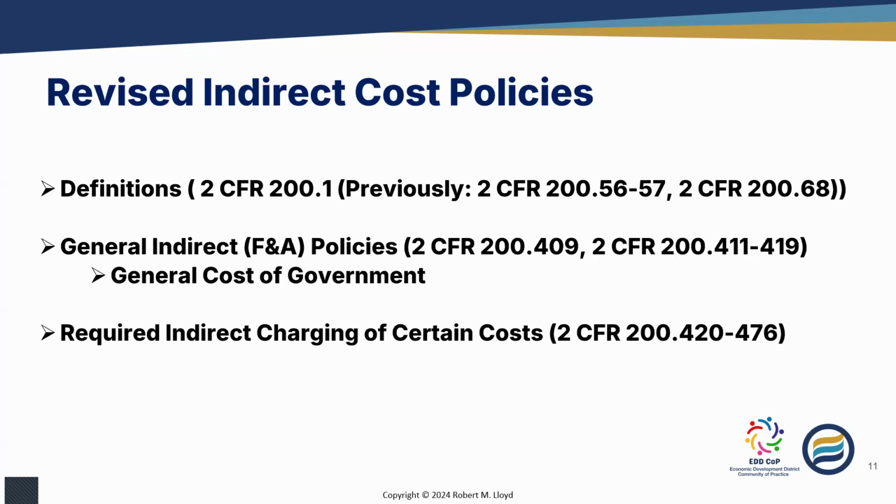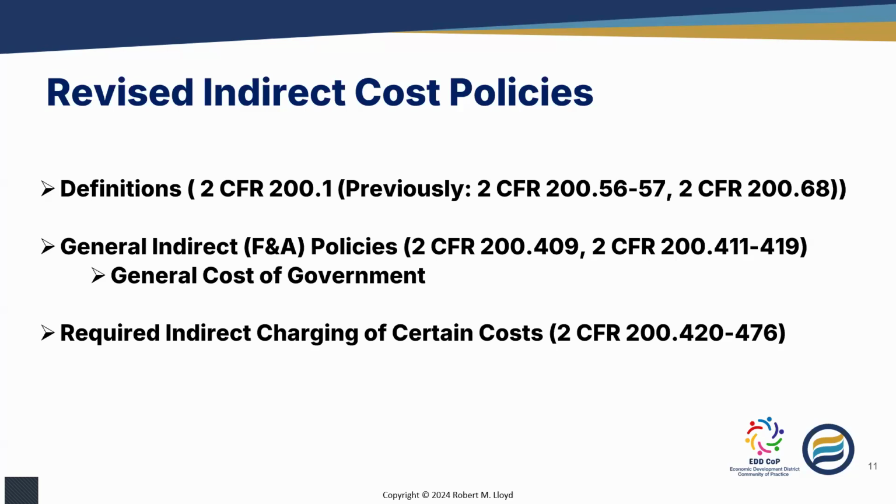In addition to the language that I referred to that is contained in subpart E, OMB has also presented in the uniform guidance a set of performer-specific instructions for how to develop an indirect cost rate proposal and how to submit it to the federal government. And it's in this place where OMB was really not able to fully consolidate the separate sets of cost principles I referred to earlier into a single comprehensive whole.